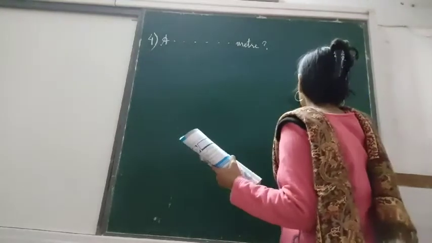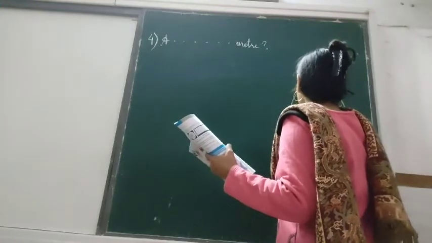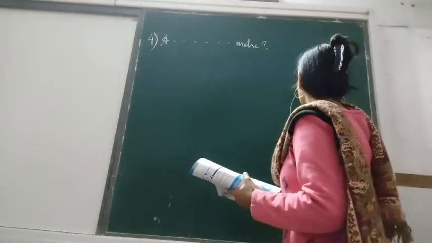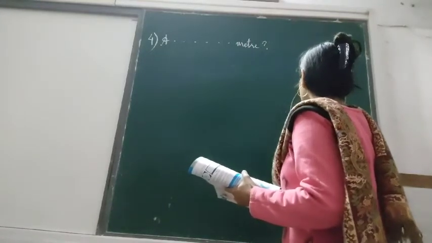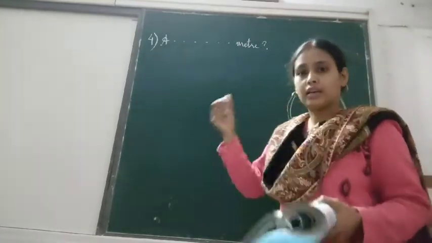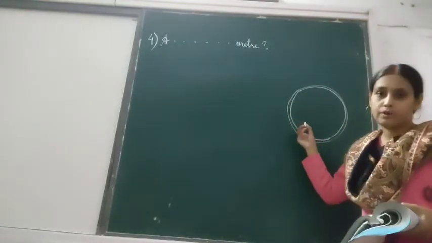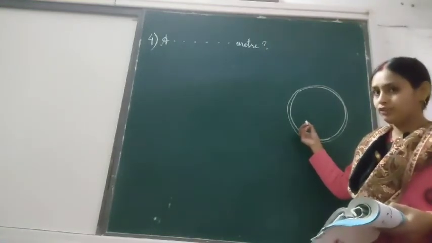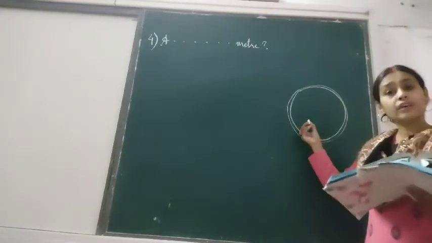So the gardener wants to fence his circular garden. Fencing means putting a boundary. Where do we put the boundary? On the boundary. That means he wants to do it here. For a circle, we have studied finding the area and the circumference. So here what are we going to do? Since it's related to the boundary, we have to find the circumference to find the length of the rope required. And also he is making 2 rounds.